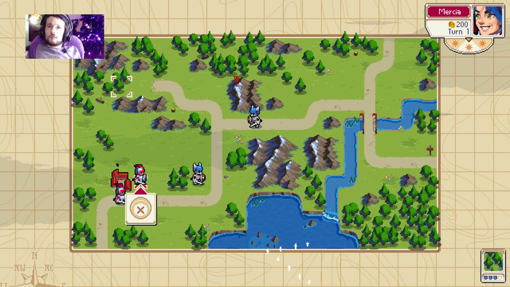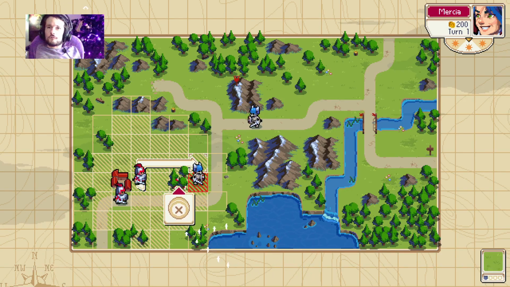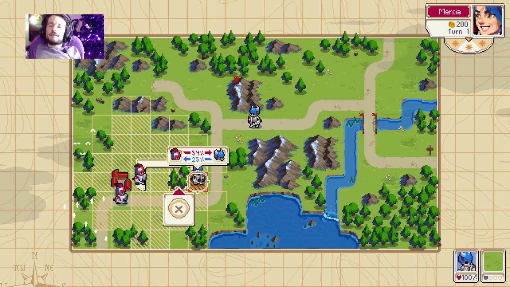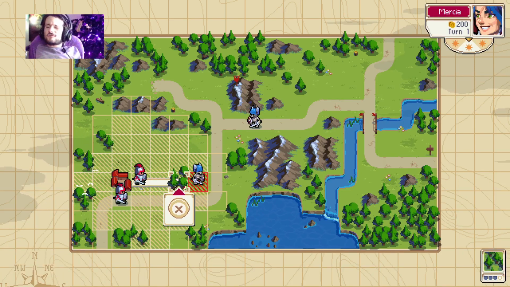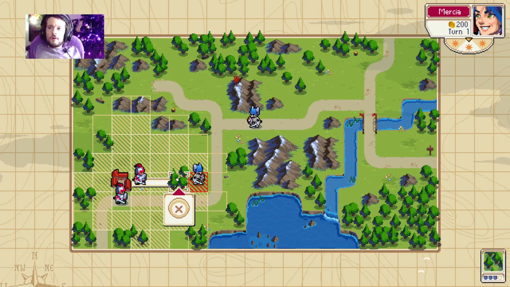Alright. So the game's still tutorialing me, it looks like. Maybe the campaign's used for the tutorials. Let's kill us some skeletons. Let's move this unit of swordsmen. Oh! Yeah, see, now I'm being dumb. I should have thought about that, because I'm talking, I'm not thinking. Now it's using the tactics that Fire Emblem uses. So putting them in the forest, if you look at the bottom right, we're going to have more defense in the forest. So when they strike back...